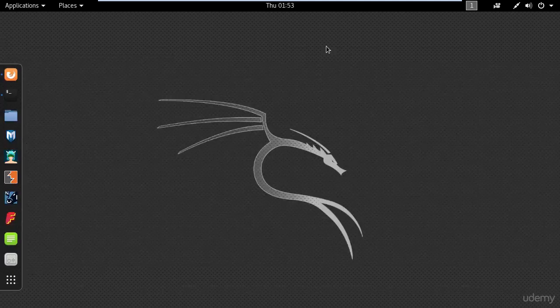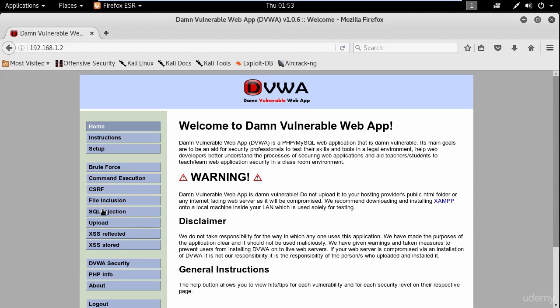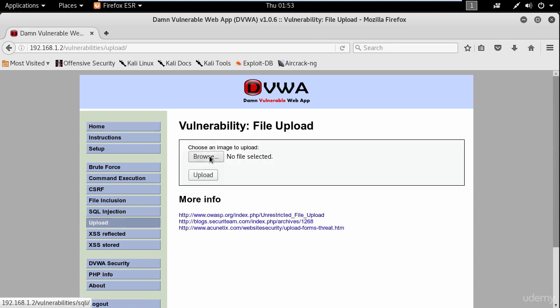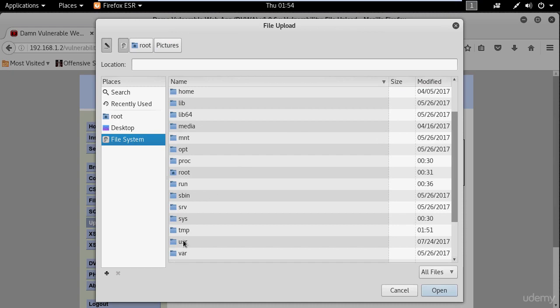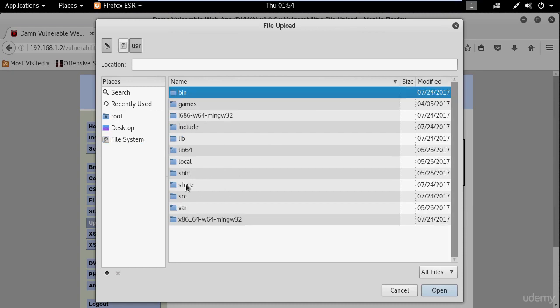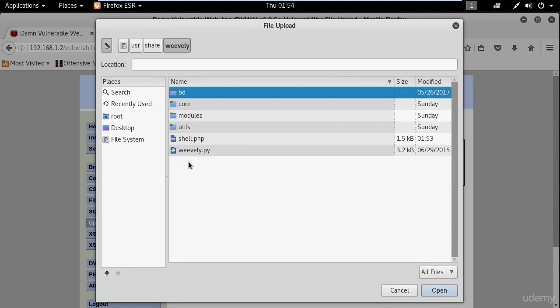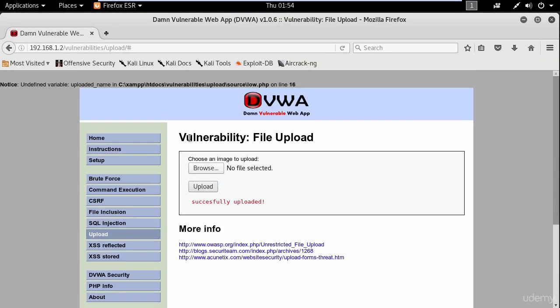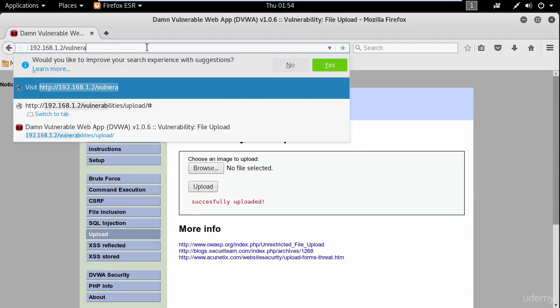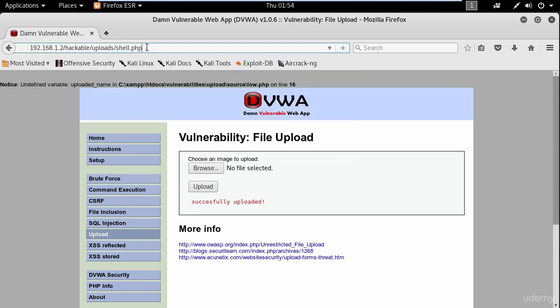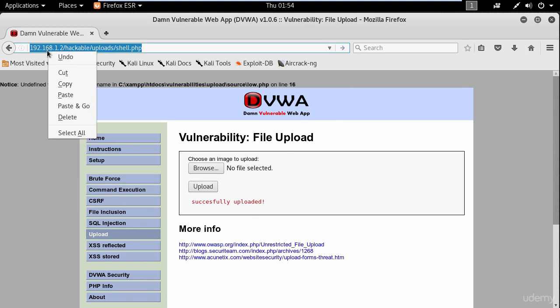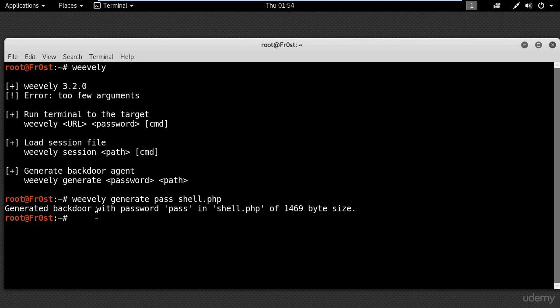For that I'm going to use my vulnerable web application and select upload. Then look for the PHP file which is located in user share Weevely and click upload. Now you need to know the directory where the file is uploaded. Mine is hackable/upload/shell.php. So I will copy the link address and switch back to my terminal and type Weevely and paste the